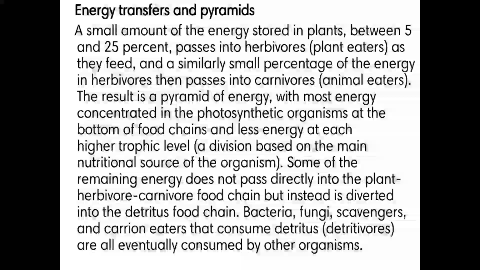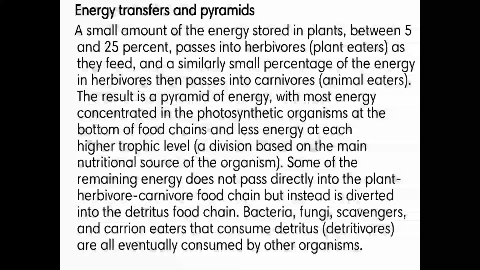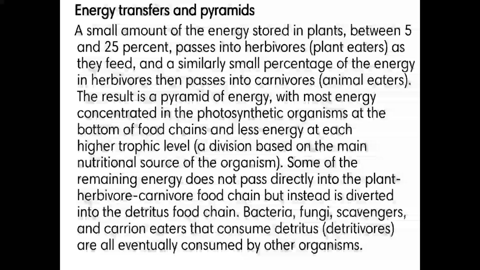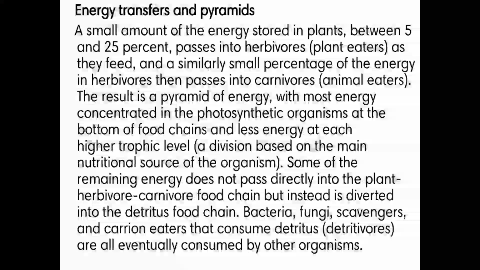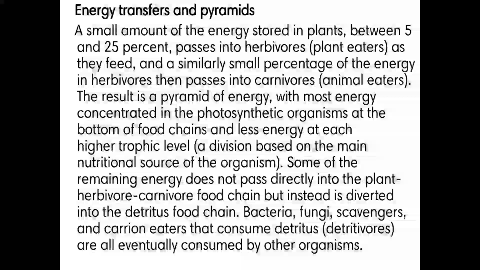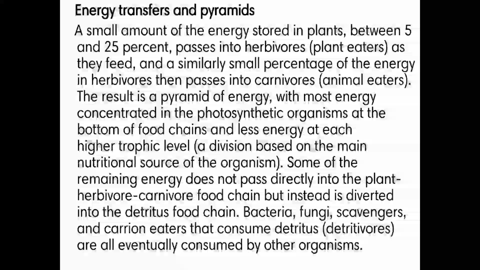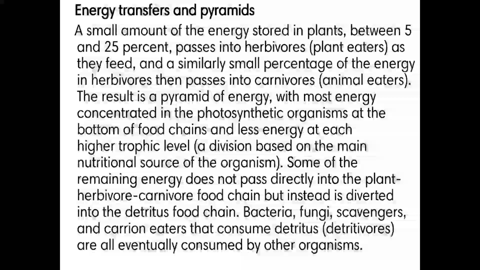Energy transfers and pyramids. A small amount of energy stored in plants, between 5 and 25%, passes into herbivores, plant eaters, as they feed, and a similarly small percentage of the energy in herbivores then passes into the carnivorous animal eaters. The result is a pyramid of energy, with most energy concentrated in the photosynthetic organisms at the bottom of the food chain and less energy at each higher trophic level, a division based on the main nutritional source of the